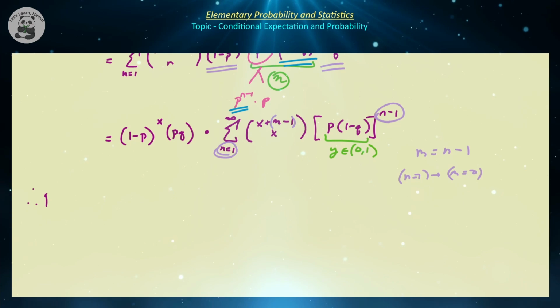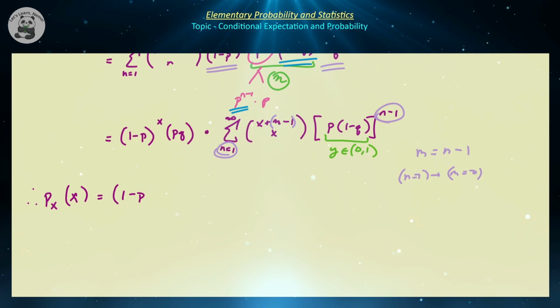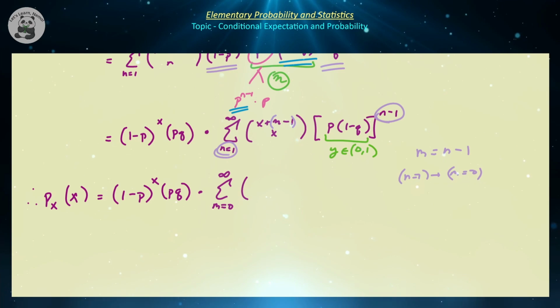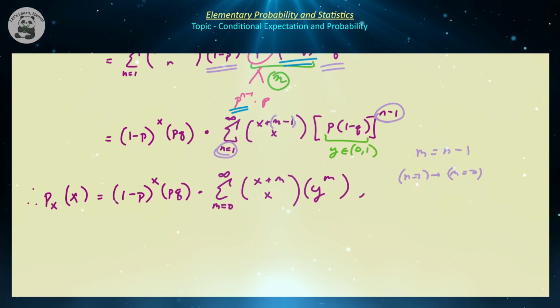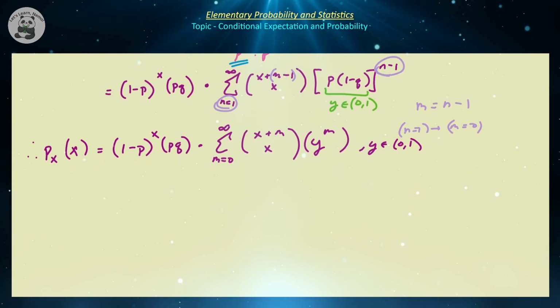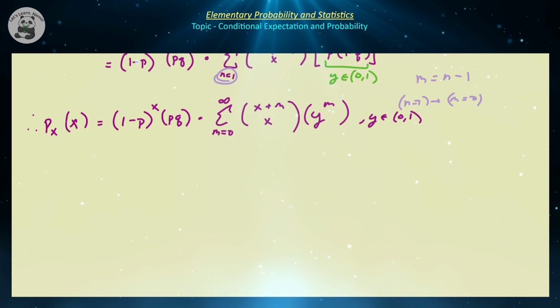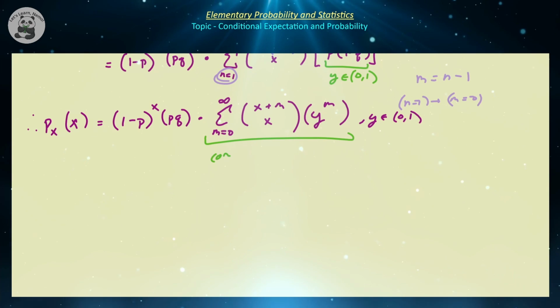So my probability mass function for x can now be represented as (1 − p)^x times pq times the sum from m equal to 0 to infinity of (x + m choose x) times y^m, where y belongs to the interval 0 to 1. Right? So now what we have here is practically a geometric series. In particular, it's a combinatorial